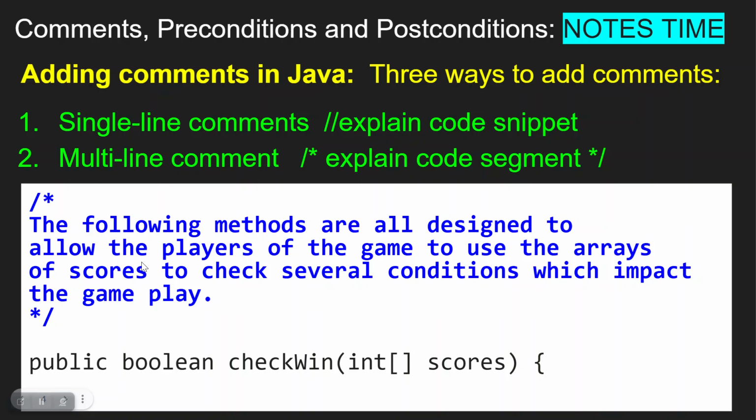So I've got 4 lines of text here, but the compiler knows when it hits this to skip everything until it hits this, and then go on and compile the program code that comes after. But a multi-line comment would typically describe a larger section of a program. So I could have this here, and then I could have all of my methods that come after. And I would also have the option of adding single-line comments for each individual method if I felt it was